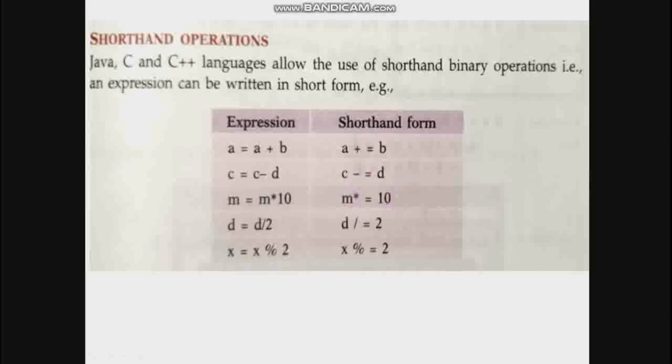But you can also say this one is an assignment operator, because here we are using this equal to, so we can say this assignment. But basically we are using all these operators to write this expression in shorthand form. So you can easily understand what it means. A plus equal to b means a equal to a plus b, c minus equal to b means c equal to c minus b.